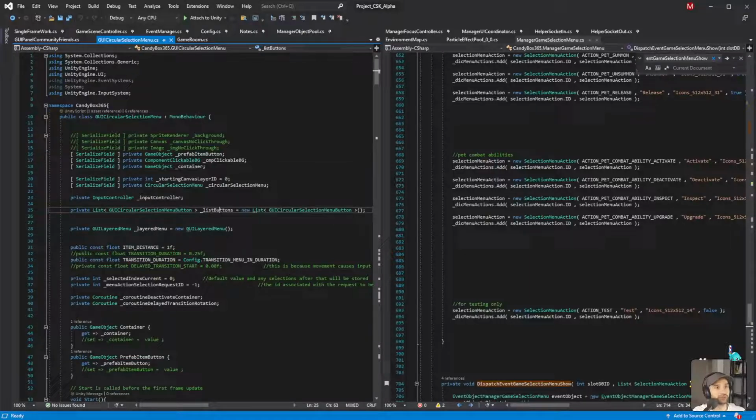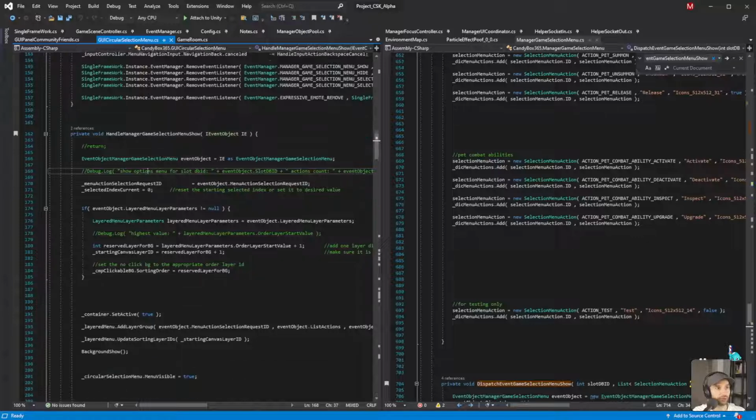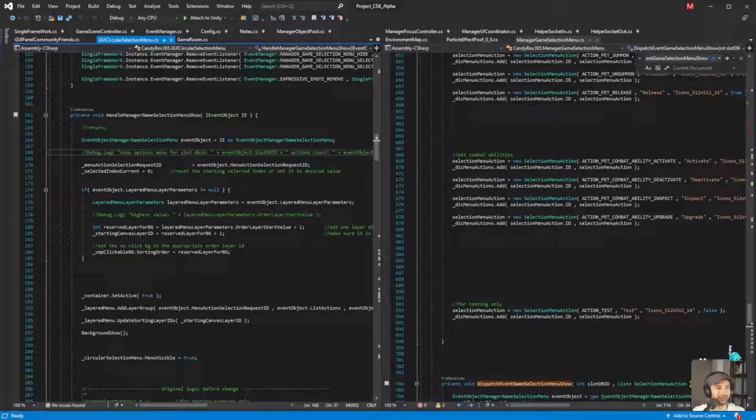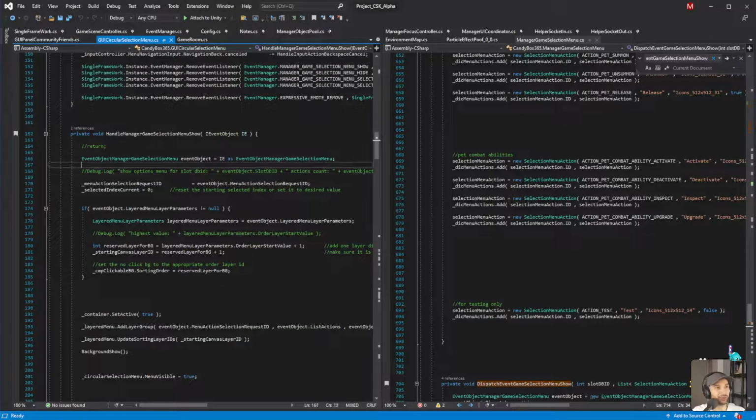Okay, so we'll go to selection menu. What I want to see is, where did I put that? I'm sorry, I'm just not in the zone right now. I don't remember where I put that.